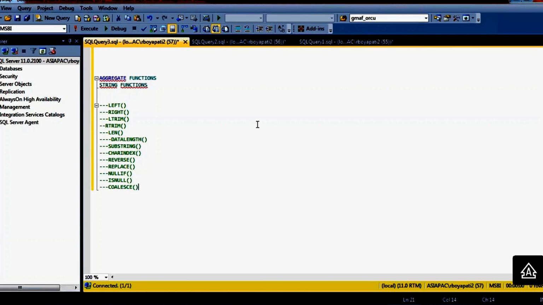So these are the most popular string functions in the SQL Server.